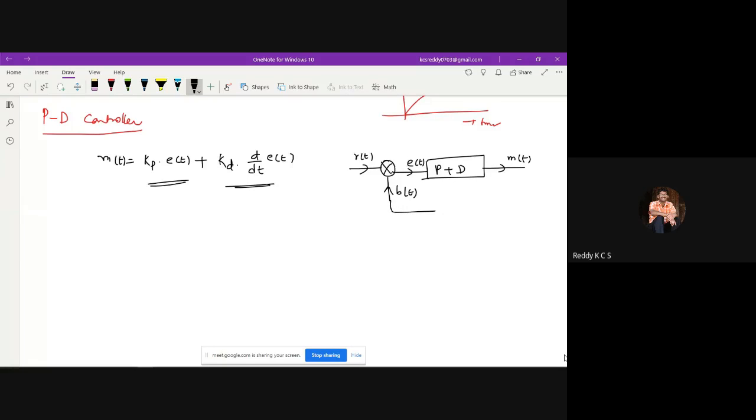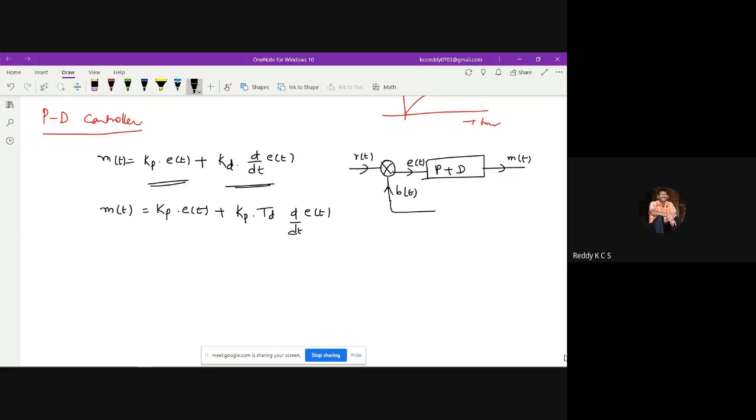If I write M of t in terms of Kp, Kd becomes Kp into Td, so M of t equals Kp into E of t plus Kp into Td into d by dt of